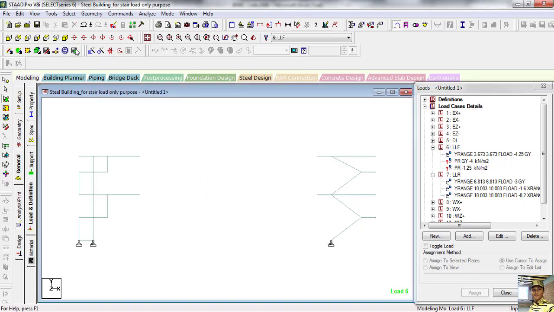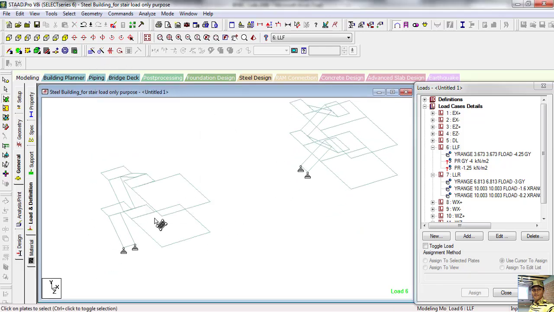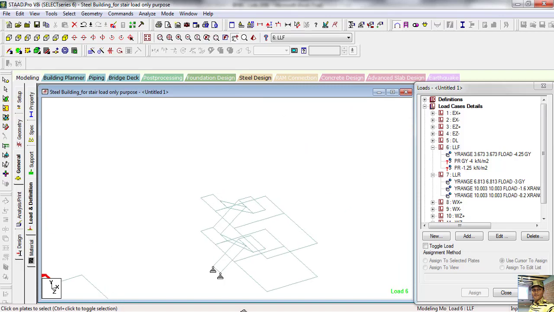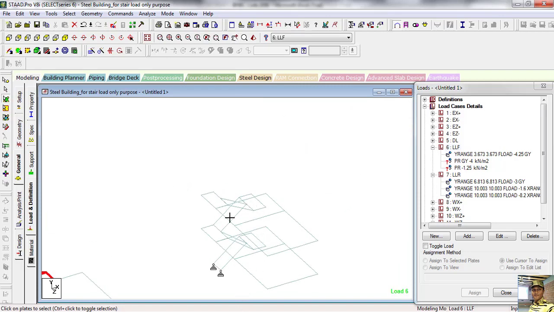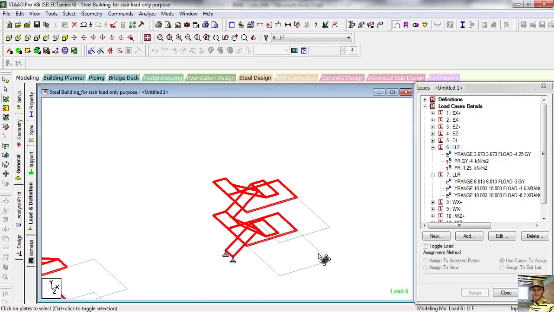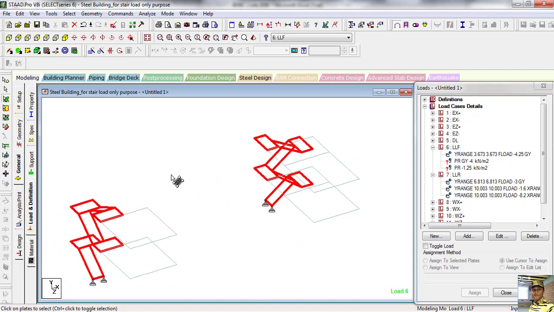Okay, go to isometric view. Now see, this is not required, this is also not required here. So what we'll do, select this one, select this one, deselect. Now once again go to new view.